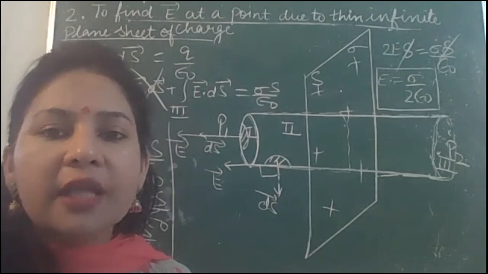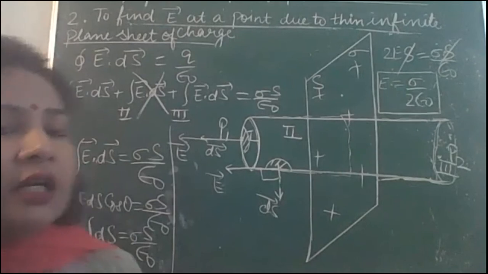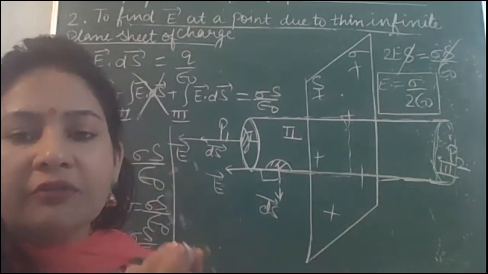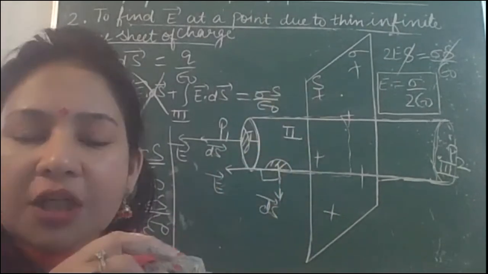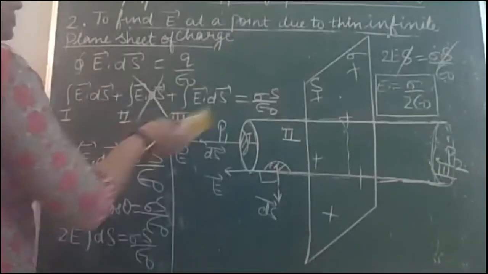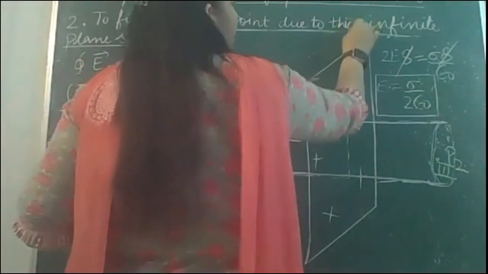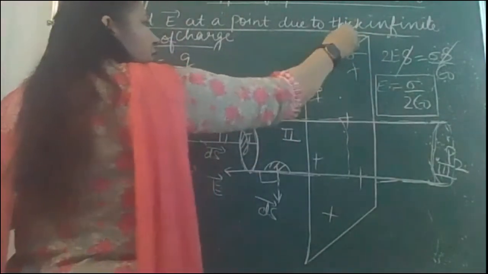So now let us do the next application, third application. That is electric field intensity at a point due to two infinite sheets. But before that, let's have a special case of this. This sheet was thin. Agar thick hoti to kya hota? So let us take a case, some case. Due to thick, यहाँ पे thick कर लीजिए. Had it been thick, it could have two surfaces. ये thick show कर दिया हमने.